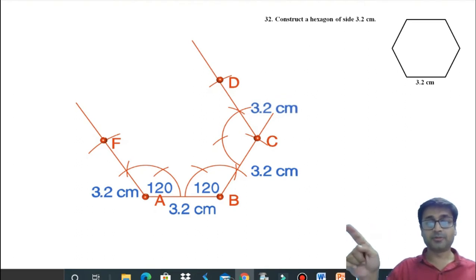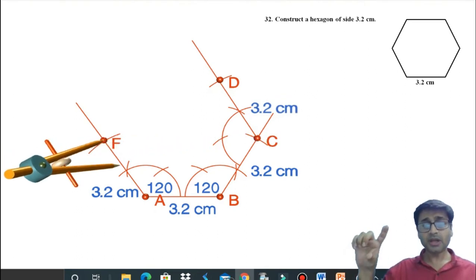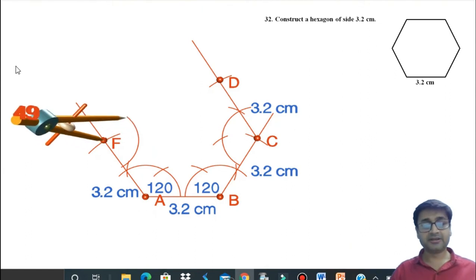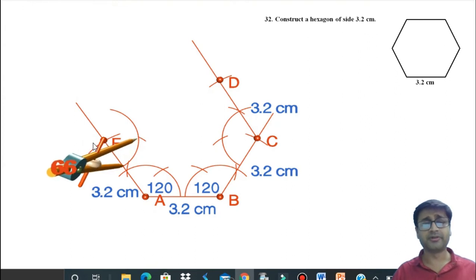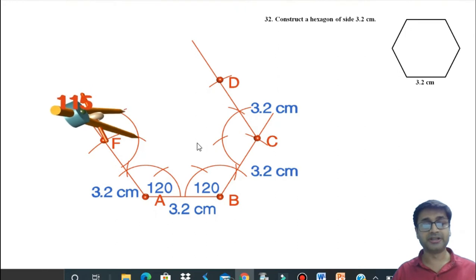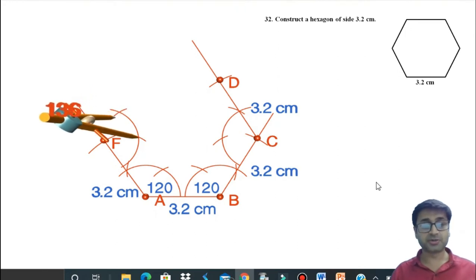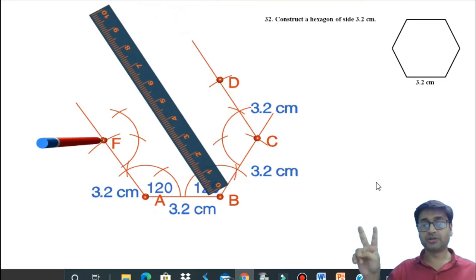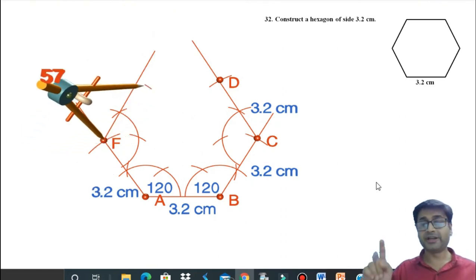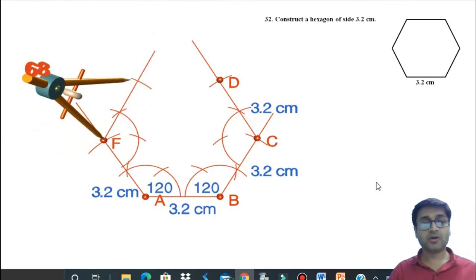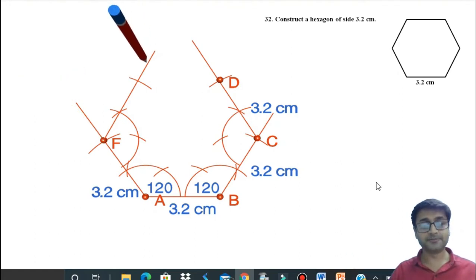So I'm keeping my compass on point F, as you can see right now, cutting an arc of suitable radius, and then from this point the first 60 degree, second 120 degree, we know this already now, we've done it so many times, and joining F and that point of intersection to get my 120 degree. So I hope everyone managed to get this 120. Join that point of intersection with F, extend it, and then from F cut an arc of 3.2 to get your final point, point E. So we've got all the 6 points. Once you got point E, join it with D. Alright, that will be your complete hexagon.